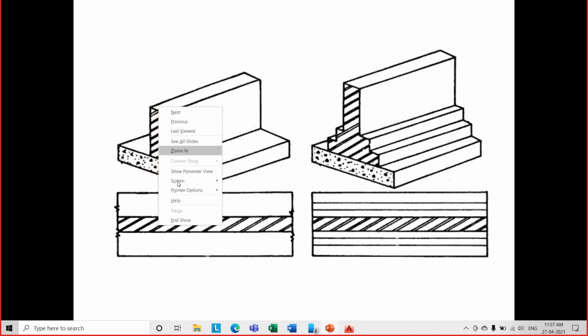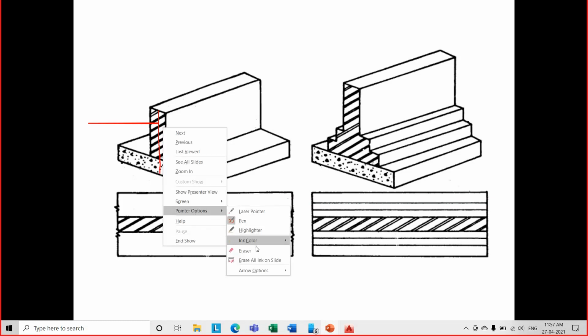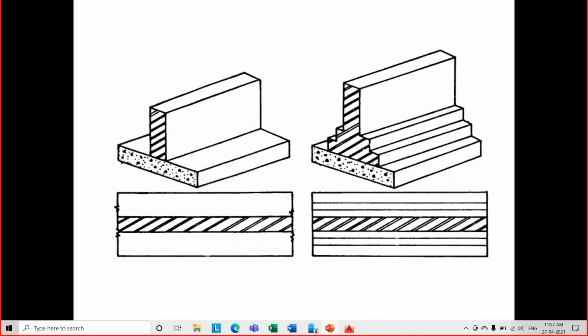If I just draw a straight line, then I'll show you the center of this wall. The center of this wall and the center of this PCC are in the same line, correct? Along the length also it looks the same, right? So similarly here also it is the same. The center of this wall is in line with the center of this SSM, this SSM and this PCC.